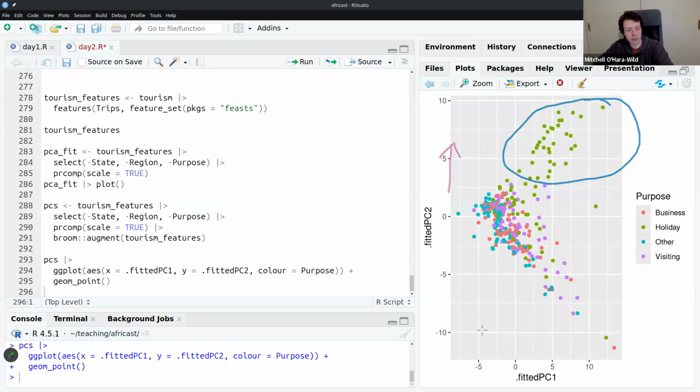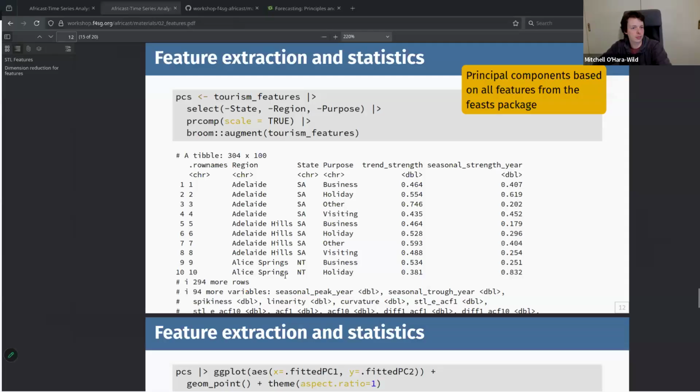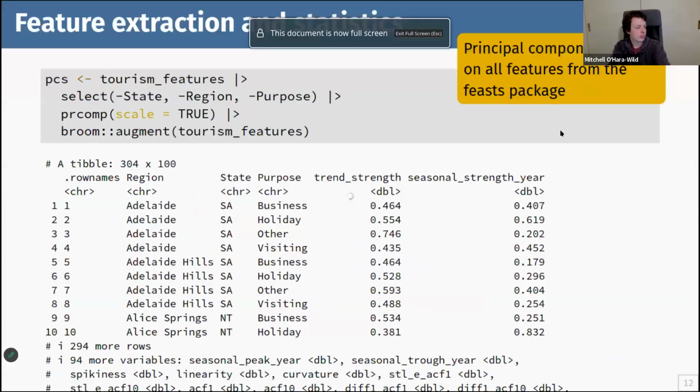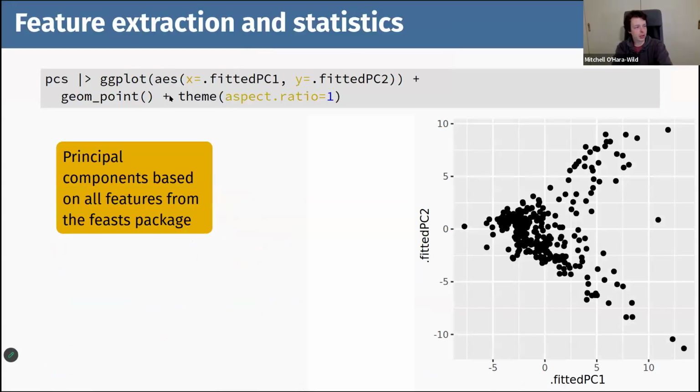And I'm guessing that principal component 1 is largely related to trend. So that's what I've just done now. We've got our principal components